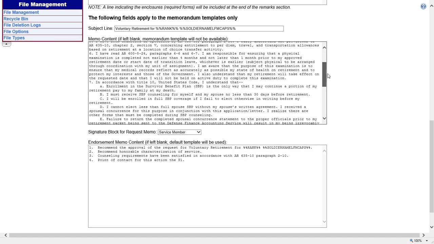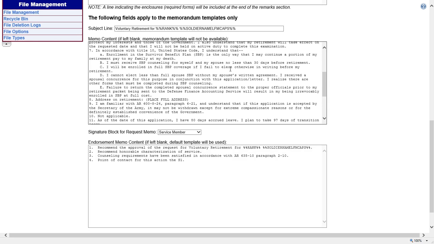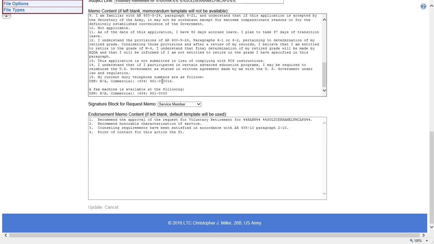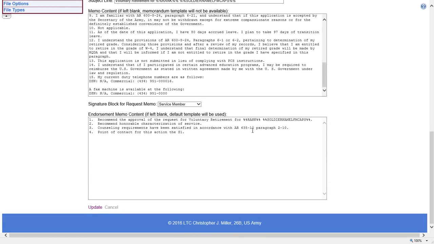And then I've got a large amount of text in here. Notice it's very forgiving, even though I've got different capitals, lowercase a and capital B, C, D, E. That will be corrected automatically by the script when it processes this memorandum and generates it for you. And then I can even determine, hey, I want the service member or one of the commanders to be the signature block for this memo. So it's very, very configurable, and I can even do an endorsement memo as well through that sort of template. So once that is done,